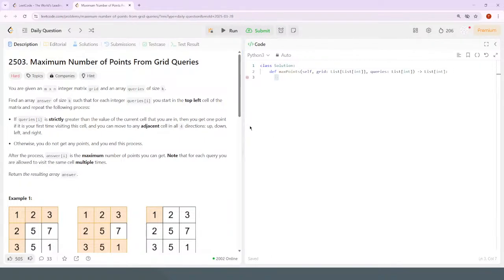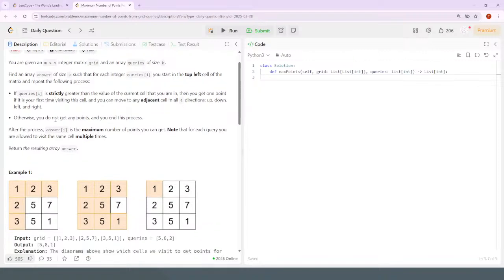Alright. Looks like it's gonna be a hard one today. Maximum number of points from grid queries. You're given an m by n integer matrix grid and an array of queries of size k. Find an array answer of size k. So each query has that answer. Such that for each integer query, we start at the top left cell of the matrix and repeat the following process. If queries at i is strictly greater than the value of the current cell that you're in,